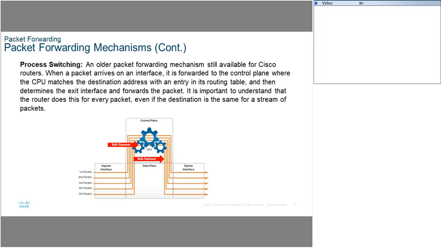Then it would go to that interface, and there might be an exit access control list also. So this adds latency. This is the old process switching. Notice it says an older one, we don't do it. But this happens for every single packet coming through, which adds a lot of latency, a lot of wasted time. If you consider